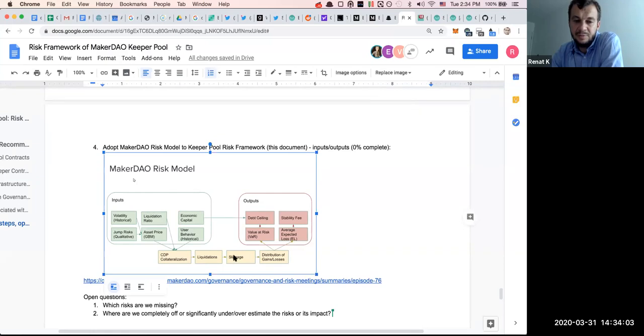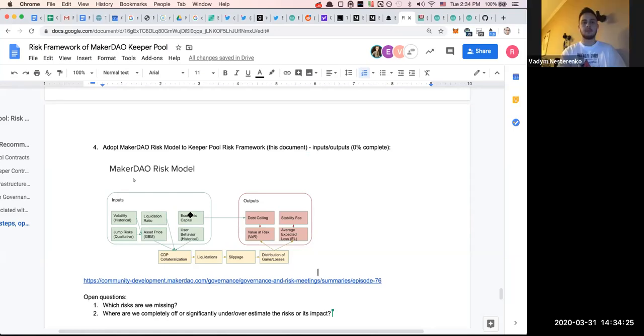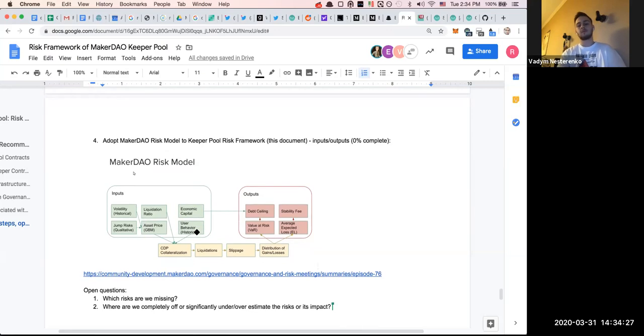the red ones, the blue and the yellowish, to break down our risk framework into actions, and have some actions like bug bounties, audits, but these are separate. Here, the objective would be to determine and clarify the inputs and outputs for the system. So that's the approach I would propose to improve the risk framework.